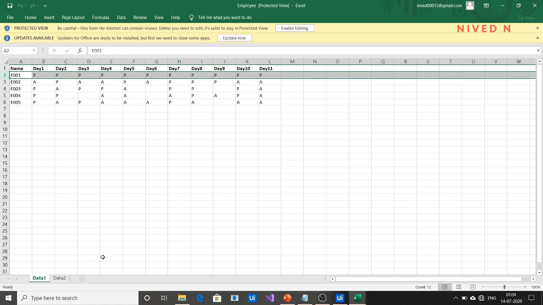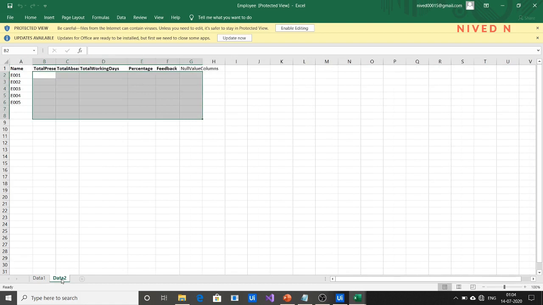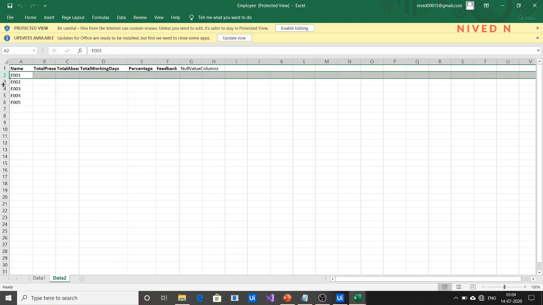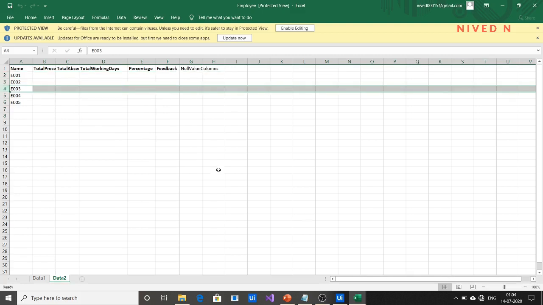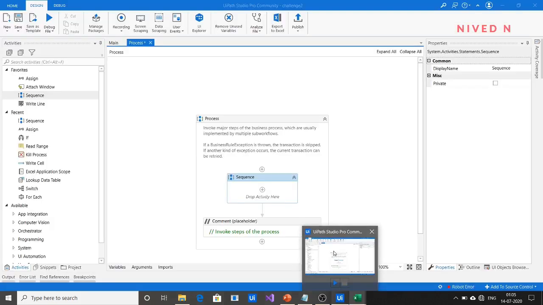In the second sequence, we are taking these values, present, absent, and null values, and calculating the percentage, and based on the percentage we are calculating feedback for each employee.